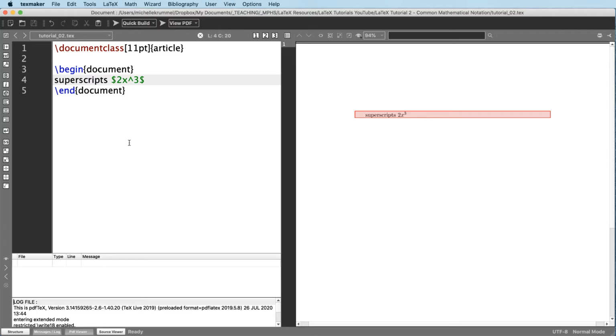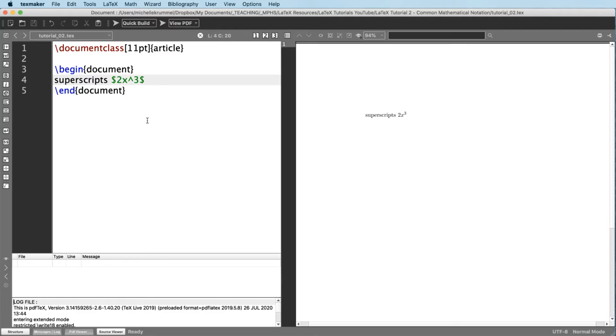If I hit F1, then it will compile. So I can tell that the 2x cubed is in math mode because it turned green. That's one of the nice features about TexMaker that I like. It does color code different parts of the code, so it's easy to keep track of what you're doing. And if we look at our results,